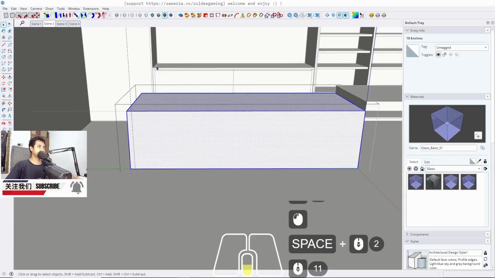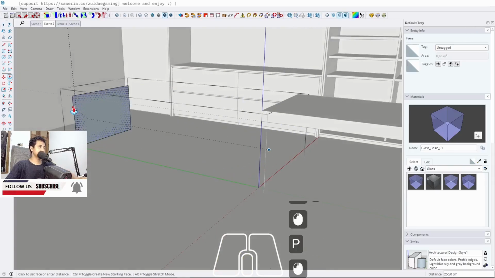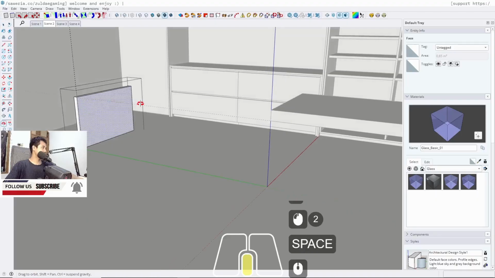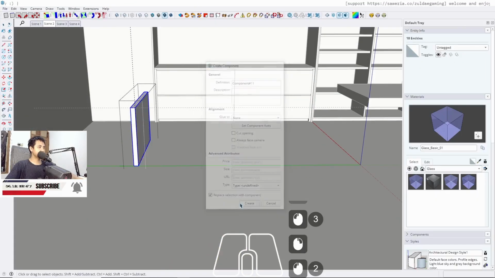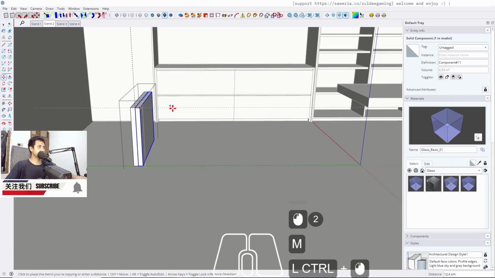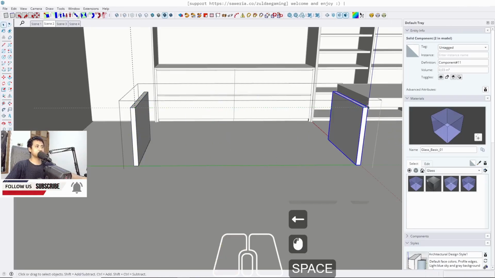Yeah, 5 centimeter. Okay, about adjusting, don't forget to make it component because it's the same object in a different place. Yeah,